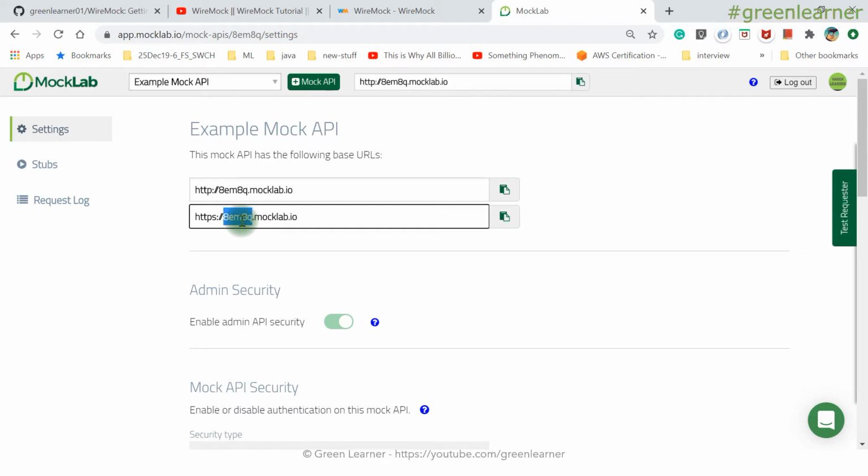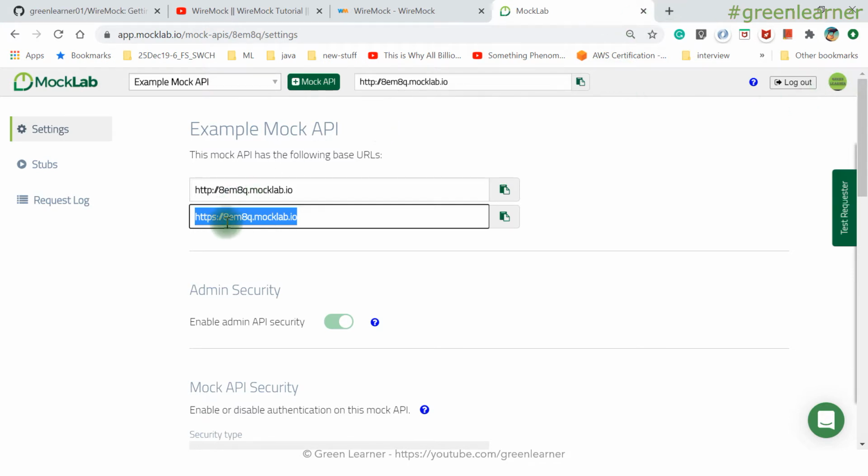Let me see if I can change it or not. No, there is no option to edit this one. This is the URL that is created for you, with the ID of the account associated with it, right?